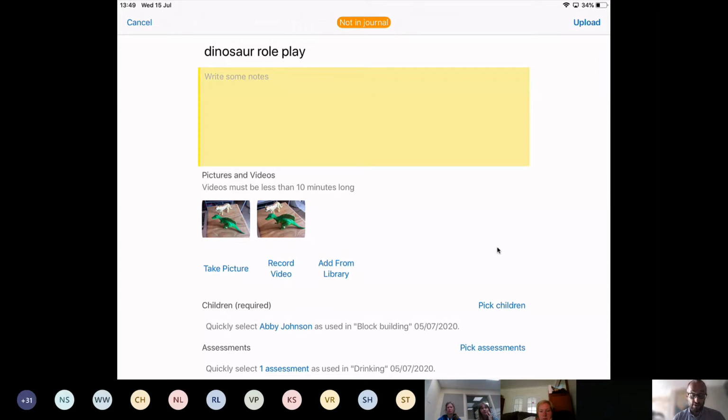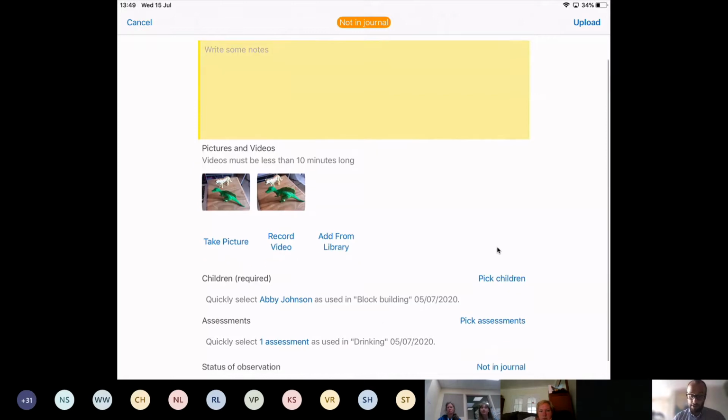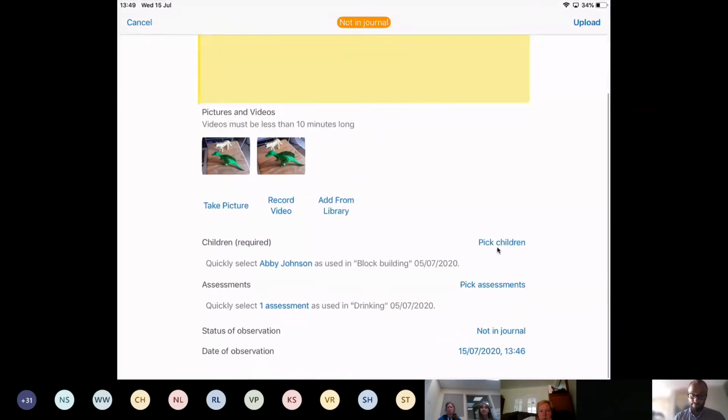So we're making this observation, dinosaur role play. We've got a couple of pictures. I'm going to choose some children here. I'm going to just choose one. All right, now